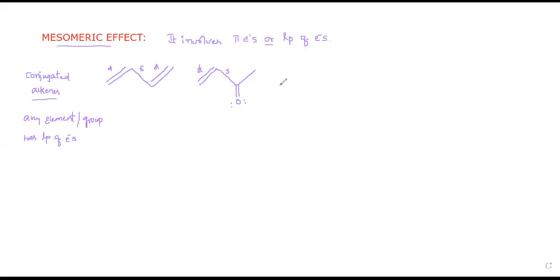Another possibility is only an element or an atom. I will go with a simple example of vinyl chloride or vinyl bromide, an alkene which is attached to a halogen like Cl. Here the lone pair of electrons on the halogen, there are 7 valence electrons, right? Yes.